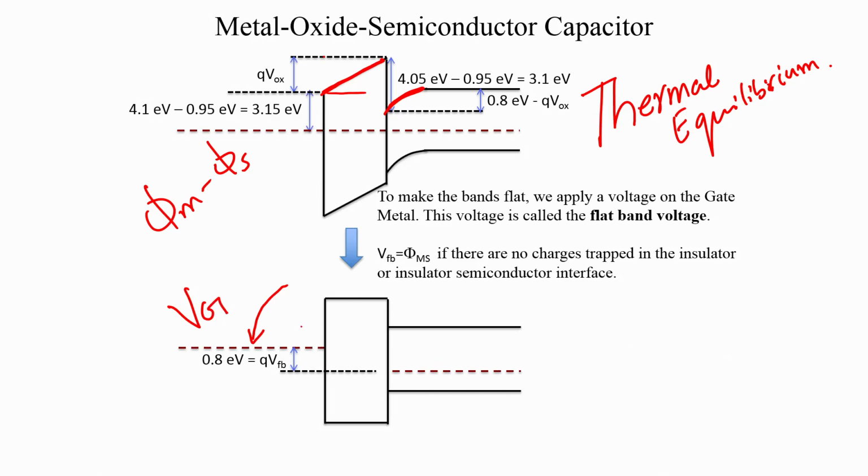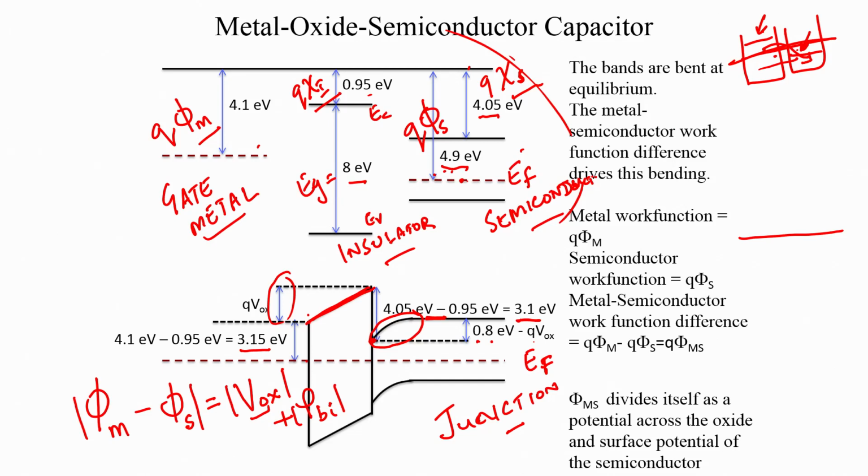So, that is the metal work function, that is the semiconductor work function, and we want to recreate the difference of 0.8 electron volt, because the only way we are going to get the bands to be flat is if you get the metal and semiconductor to have a work function difference that is 0.8 electron volt. So, you want the metal Fermi level to go up relative to the semiconductor Fermi level,